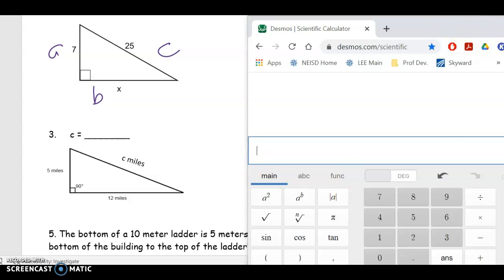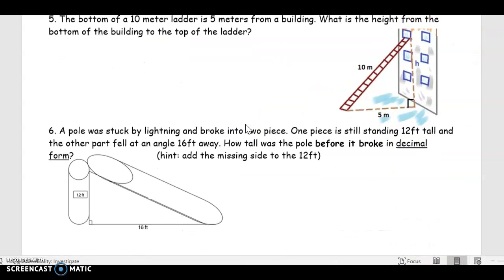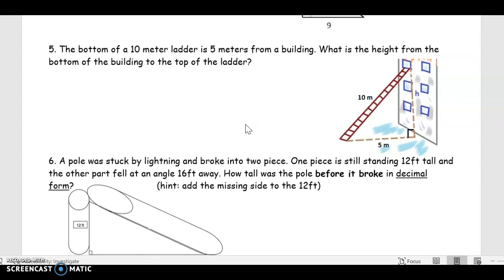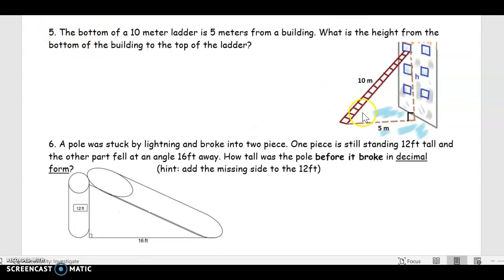So questions 1 through 5 or 6, 1 through 6, are very much the same way. We saw a question like number 5. Here you've got to imagine what the right triangle is. Okay, so our side H here, our side 5, those are the legs, and 10 is the hypotenuse. And on this one, you have to figure out what the hypotenuse is, but you also have to do a little bit of adding to there. Okay,